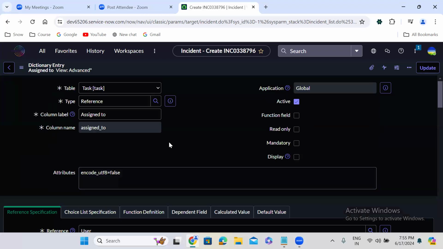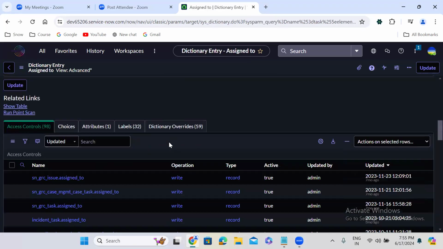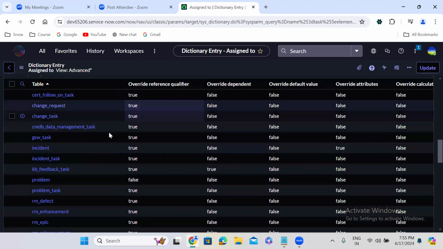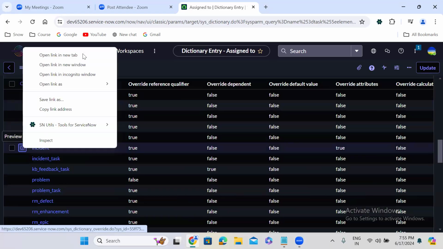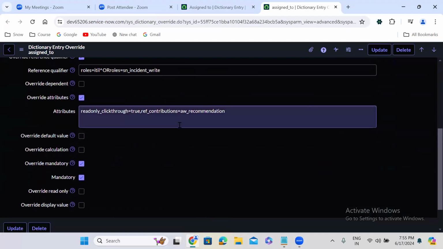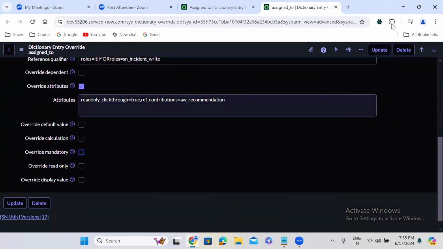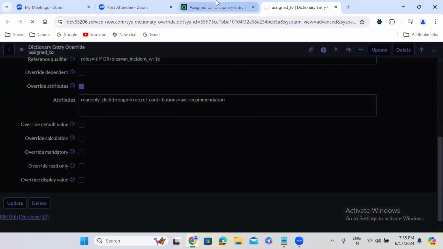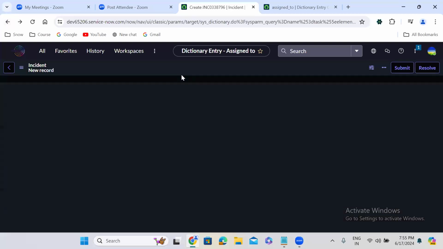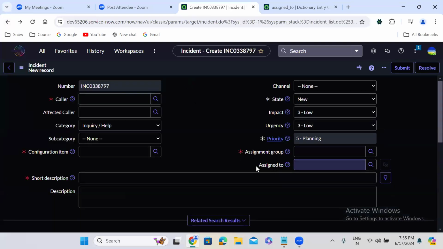Let me scroll down and go to dictionary override in the incident. This is a separate topic, guys, I'll explain it separately. Mandatory false. Okay, now the assigned to field is not a mandatory field.